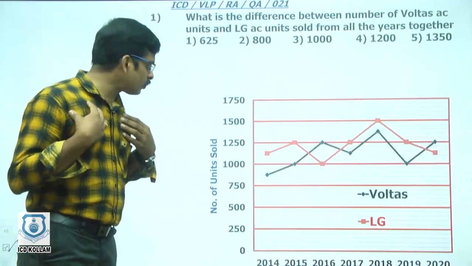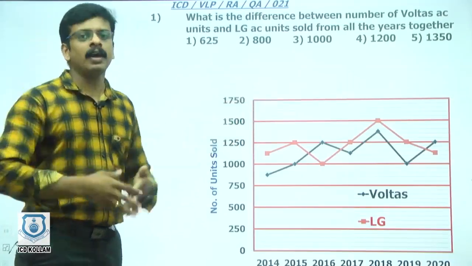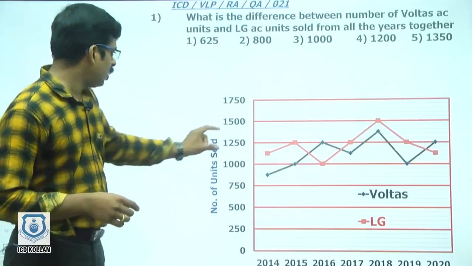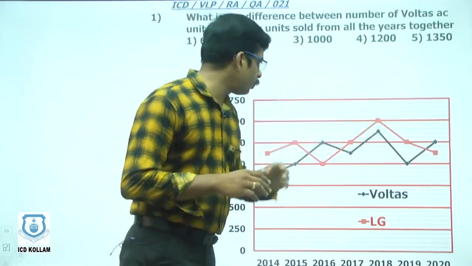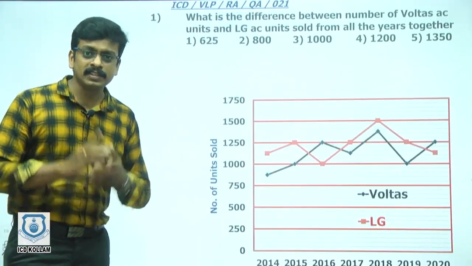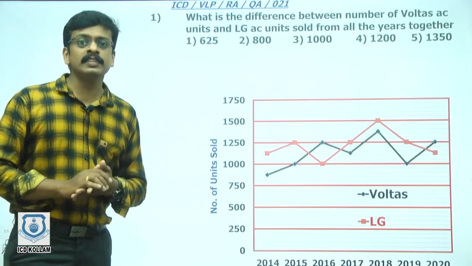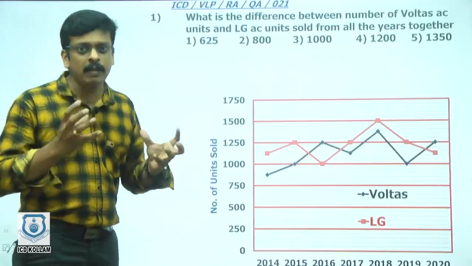I am able to solve this question by just using that graph, even without using pen and paper. 1.5 to 2.5, 625, answer. This is the way we need. Even though this is the way we need, we are initially going with the original method.